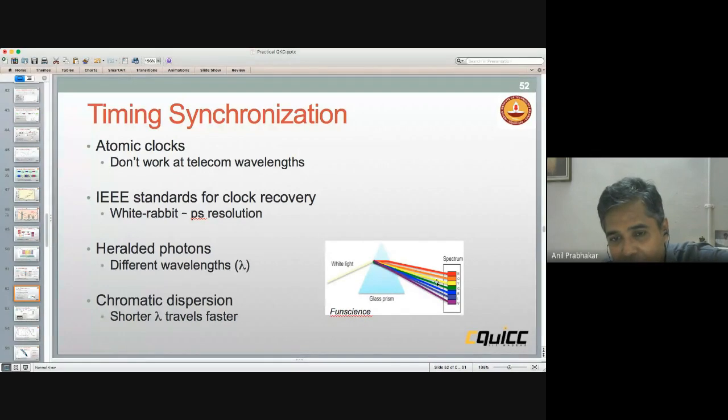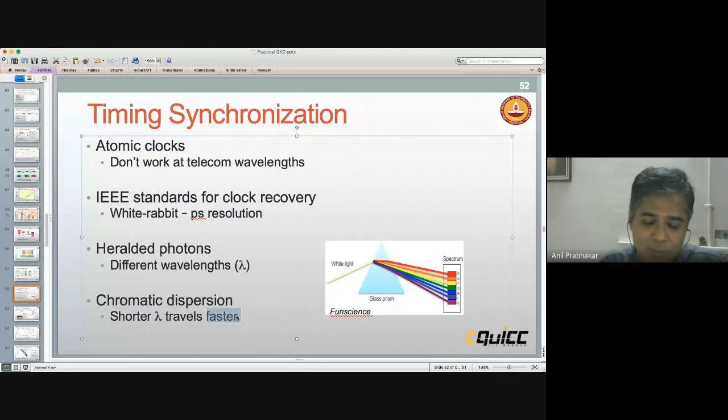So if you go back to this picture and ask, why is it that violet is bending more than red? It's because the refractive index of violet is more than the refractive index of red, which means shorter wavelengths have a higher refractive index. The velocity of light is 3 into 10 to the power 8 meters per second divided by the refractive index. So that means shorter wavelengths with a higher refractive index will travel faster than longer wavelengths with a lower. Did I say that right? No, I think I got that. Shorter wavelengths travel slower, I think. C by n. So n is larger. If n is larger, then the speed is slower. Yeah. So shorter wavelengths travel slower than